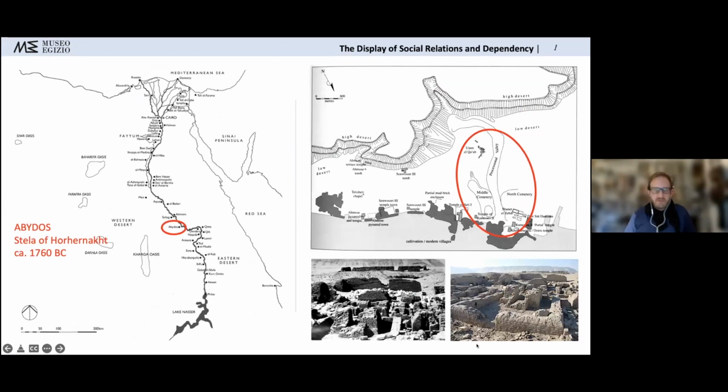Now we make a 440-year leap ahead in time and move further north to Middle Egypt, landing at Abydos, the sacred site of Osiris, the god of the netherworld, housing his mythological burial place and thus being the location of an annual festival celebrating the death and rebirth and rejuvenation of Osiris. A cultic procession was heading from the temple of Osiris in the city to his mythical tomb at El-Gab in